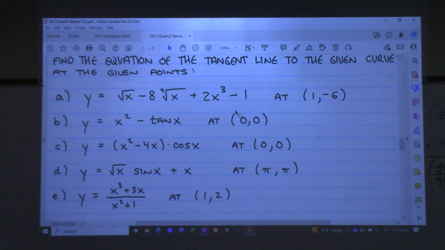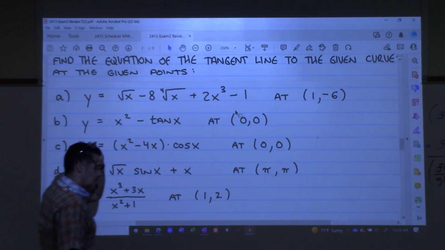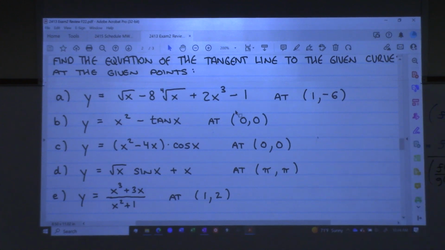Because when we come back on Thursday, we're going to start the chain rule. And if you can't do the product and quotient, if you're not comfortable with it, the chain rule is going to be that much harder for you. All right, have at it. This is just exercise for you, all right? I'm going to stop recording and